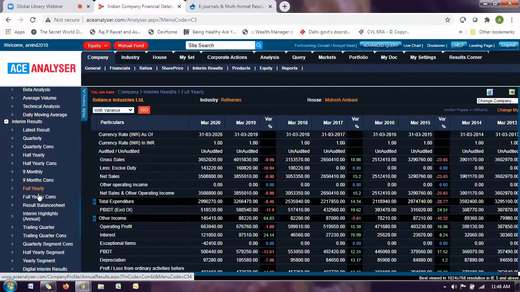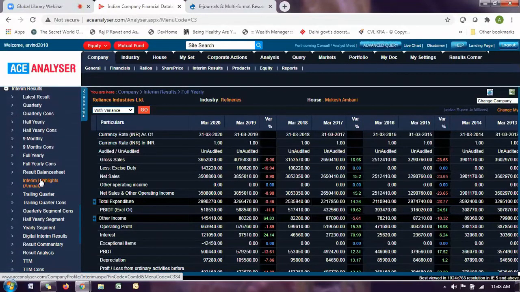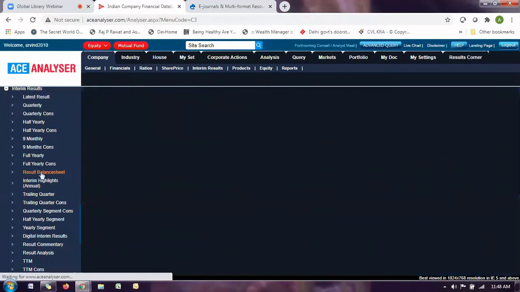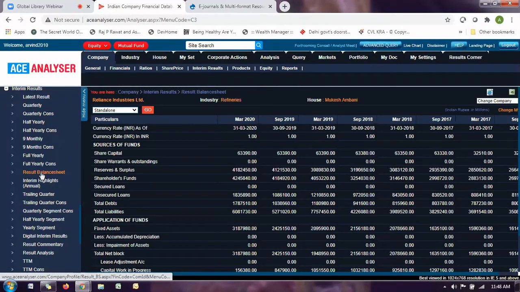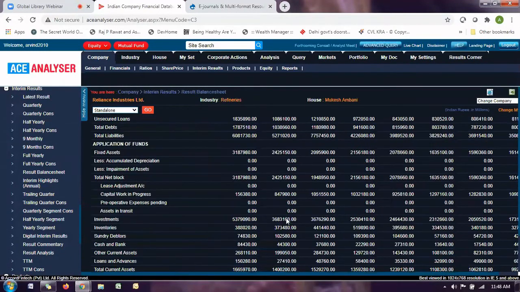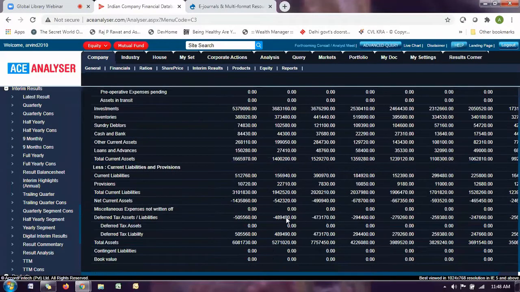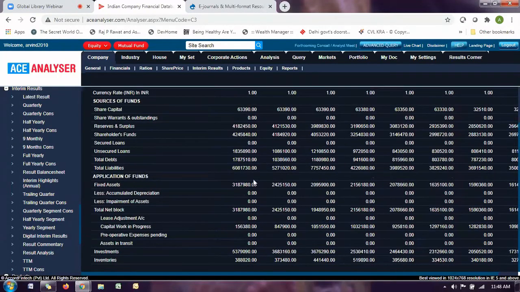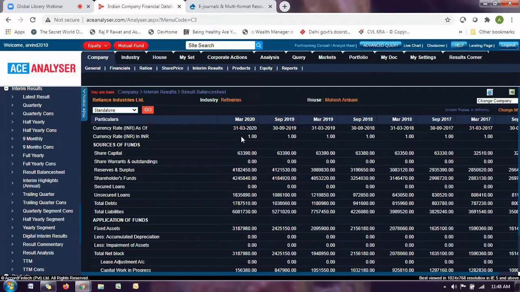Further next, we'll have the half yearly balance sheet. Now the companies are releasing the half yearly balance sheet data. Since the balance sheet is always as on a date, on a half yearly basis these are released, but asset details are always as on the particular year end. So you can get the latest details in terms of the result balance sheet.